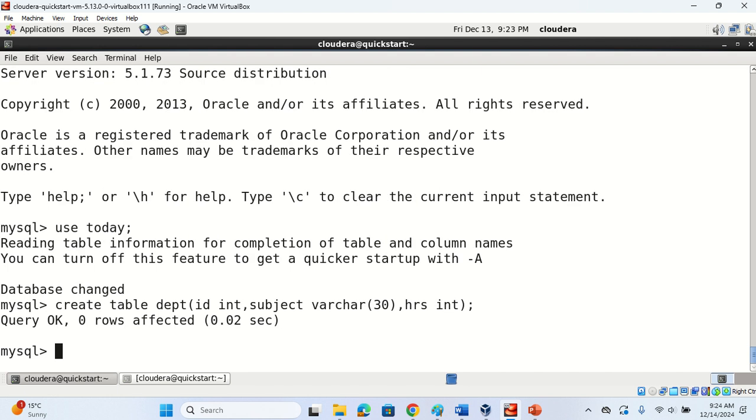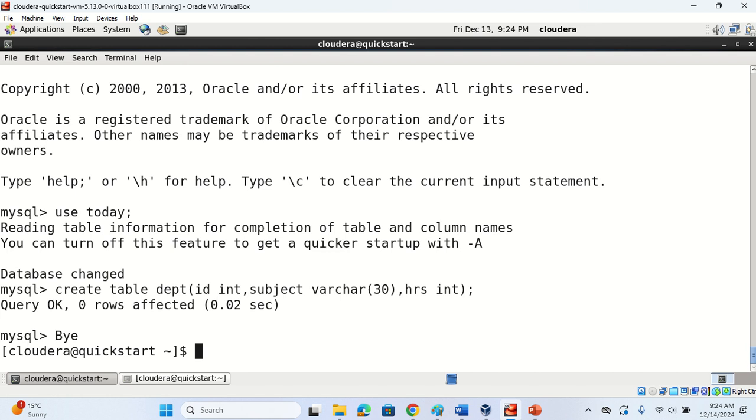Now we are going to load the data from the file into MySQL. So exit out of MySQL. Now here you have to execute the export command. Okay, the export is from the file directly, not from the table. So sqoop export. Okay, connect, you're going to use JDBC. Okay, the name of the database is MySQL. The commands are very similar. Okay, you have to give the IP address,